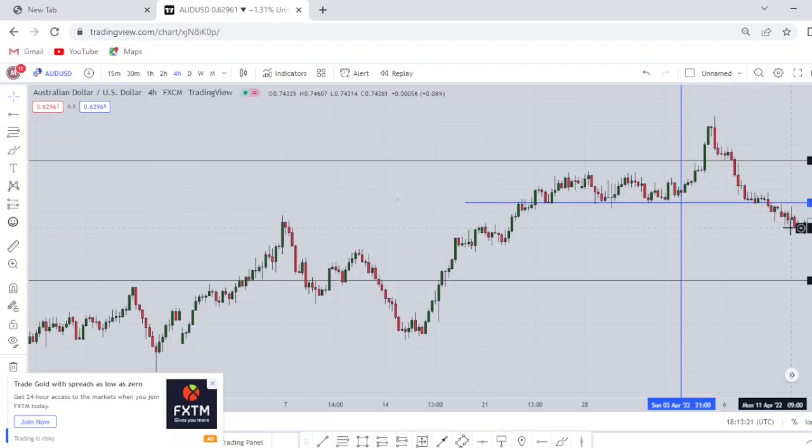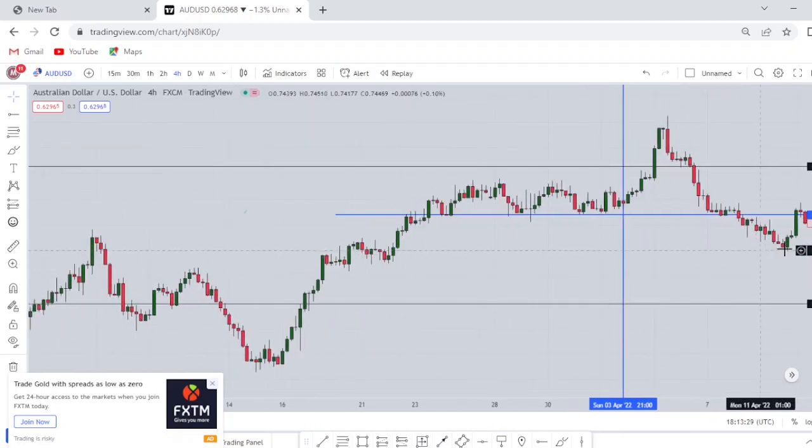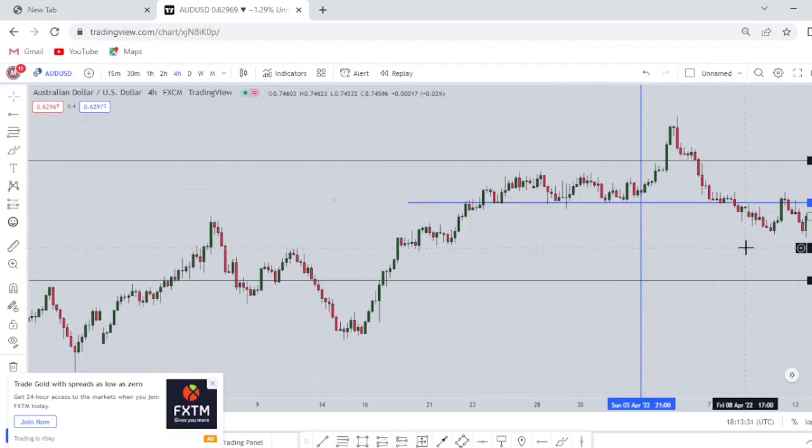Now, after breaking through this support here, the support becomes resistance. So the market came back to retest it, and we are expecting the market to continue down. Now, at this point, we're going to go down to the lower time frame and start seeing the opportunities that we have to trade in this direction. Okay, going back to the